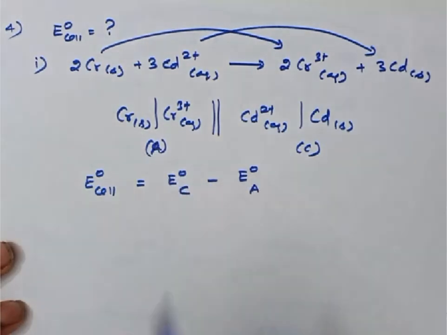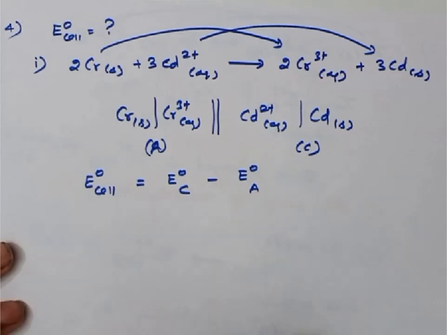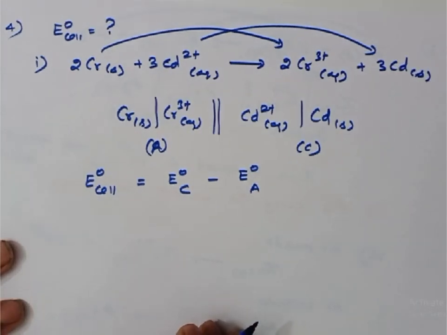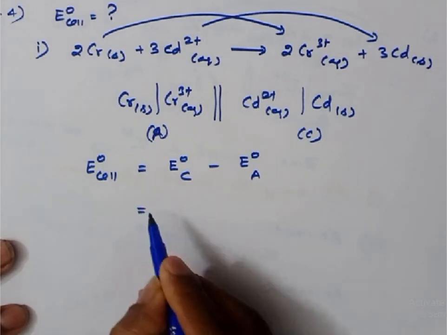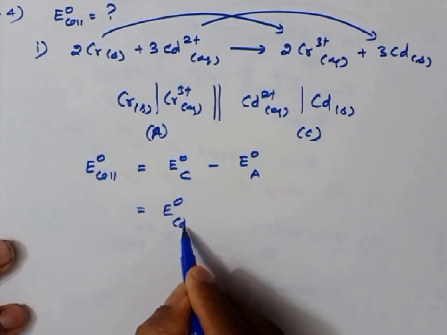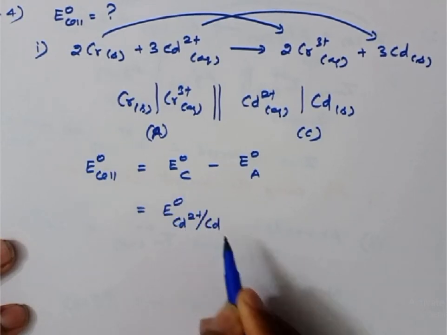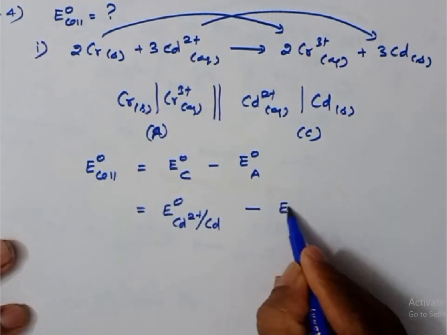I'll just put E0 right, E0 left, anyway. You can write whichever way is comfortable. So what is the reduction potential at the cathode? E0, cadmium 2 plus becoming cadmium, this is the reduction potential, minus, at the anode side, the reduction potential is